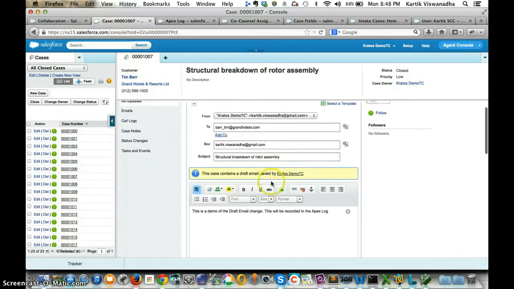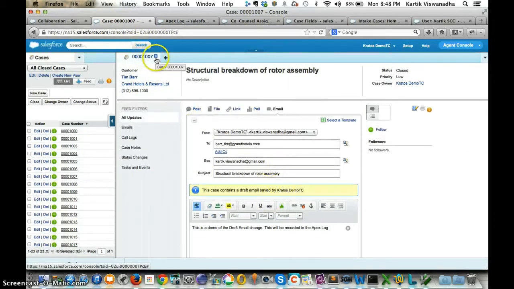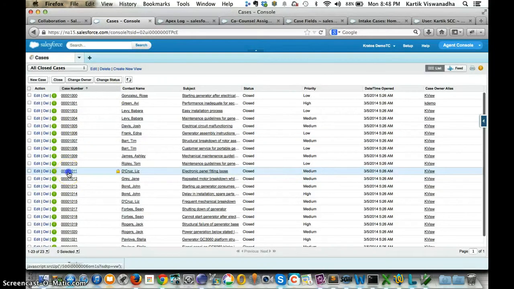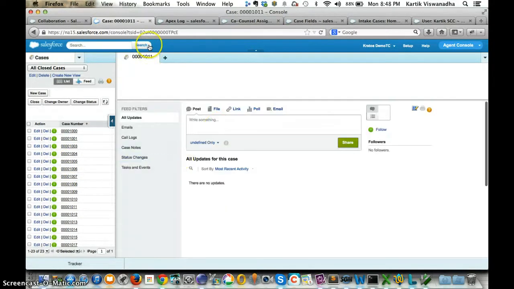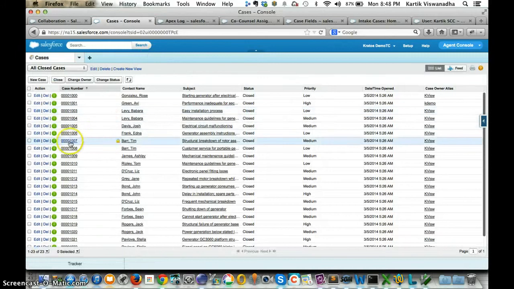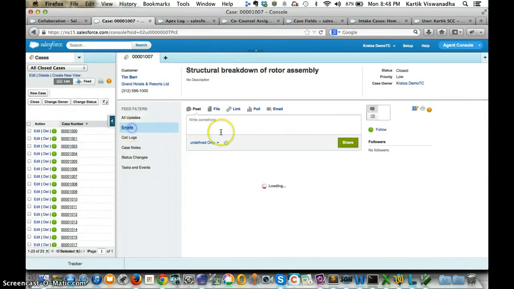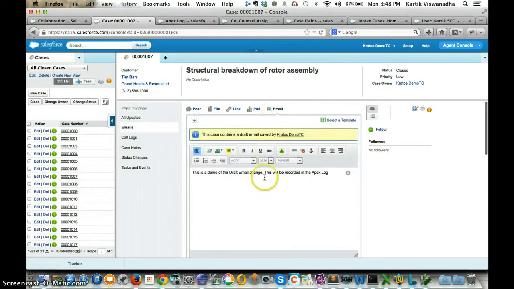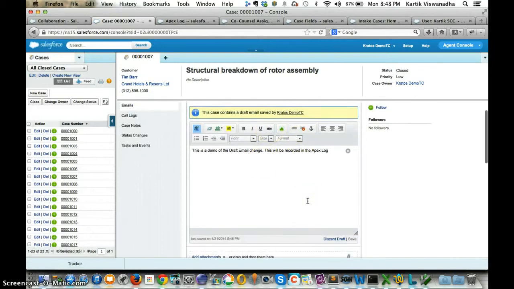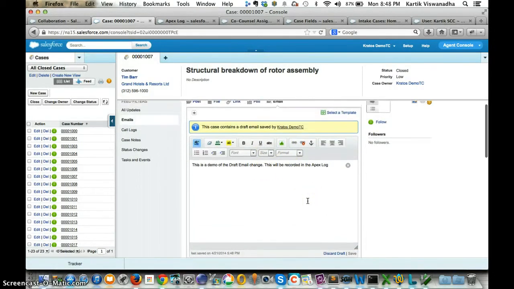If you go back, this is the case, right? So if you work on a different case, and then go back to that case and try to send an email, you already have a draft email, so it will pull that draft email, because you cannot send an email when you have a draft email.